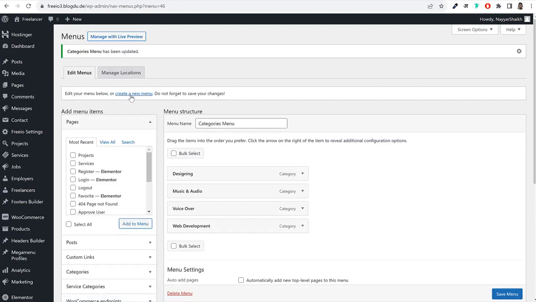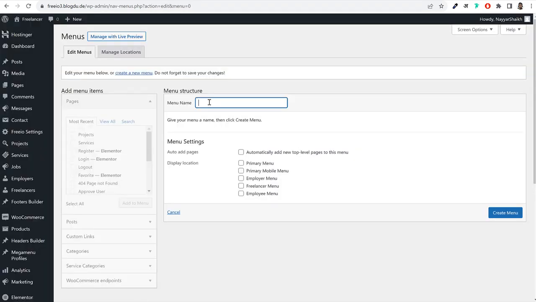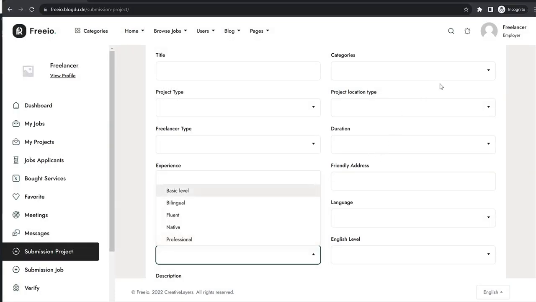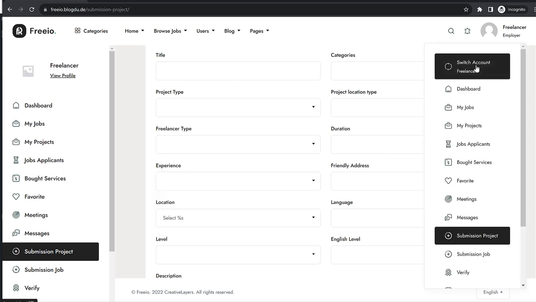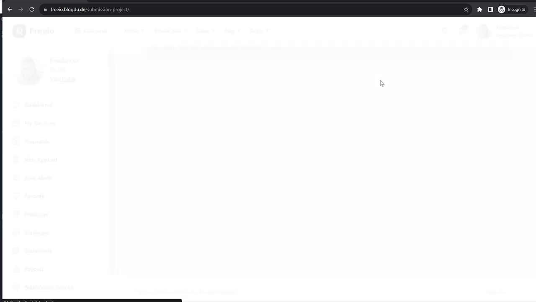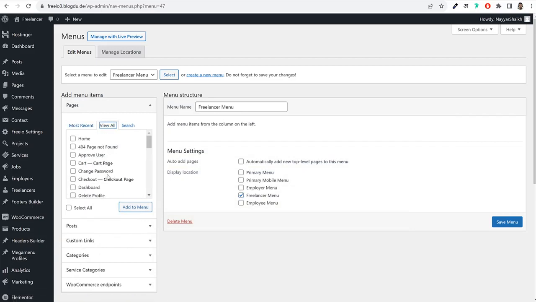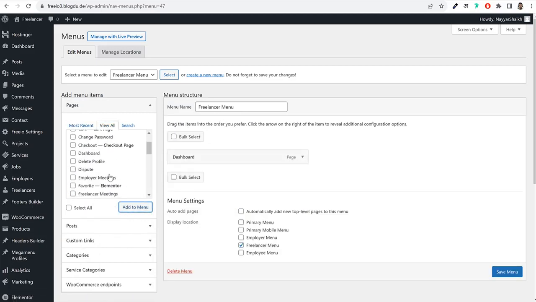Let's click on this link, create a new menu, and let's create our freelancer menu. Click on create menu, tick mark freelancer at the bottom, and let's see what all we need to add. So first let me switch to freelancer. First we need dashboard, my services, proposals, job applied, job alert, all these pages. So click on view all, and first is dashboard, then we have my services,